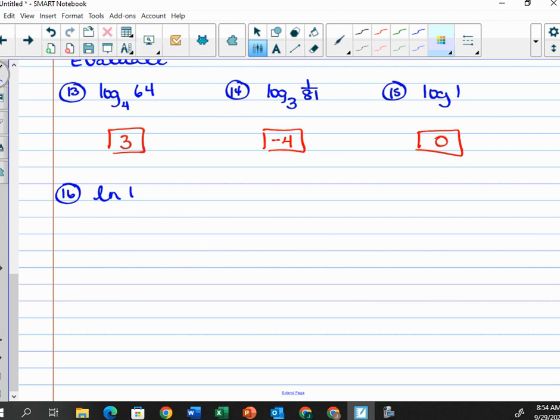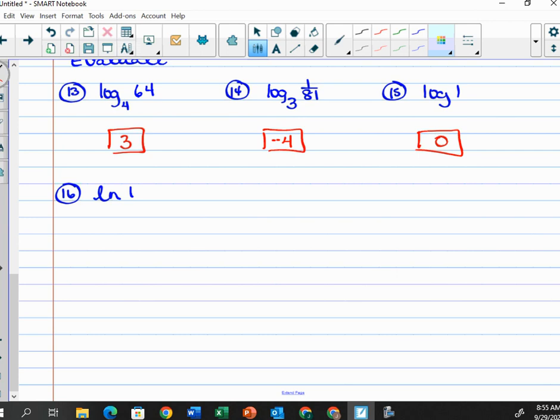What about natural log of 1? Natural log of 1. ln of 1. Am I overthinking this? Is it just